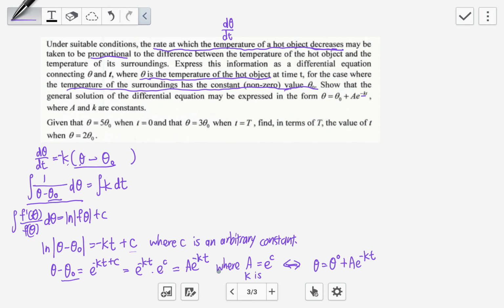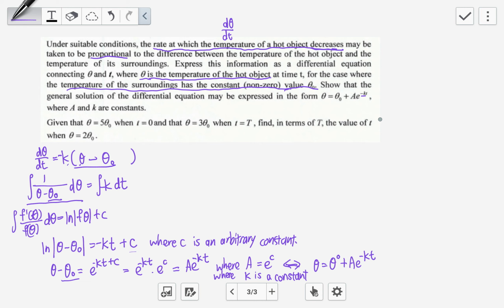Where K is a constant, in this case positive. If I didn't put this negative, then my K would be a negative constant. Alright, that's it. Then the next part of the question, this is the general equation, and we want to find in terms